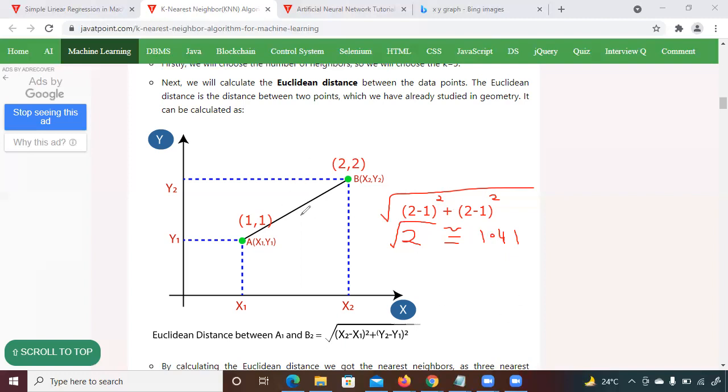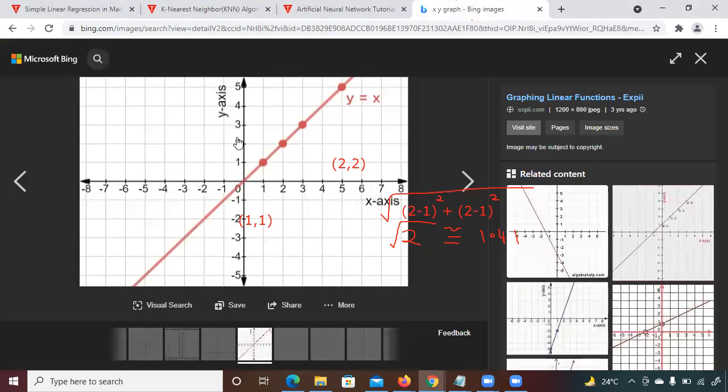Now suppose you do not consider the square root, in that case you are going to get 2, right? 2 will never be a distance. If you take this example, can 2 be a distance? If you subtract 1 from 2, you are going to get a distance of only 1, right? So that's the reason we use Euclidean. So do you understand how we find the distance in the KNN algorithm? Yes, Amit.